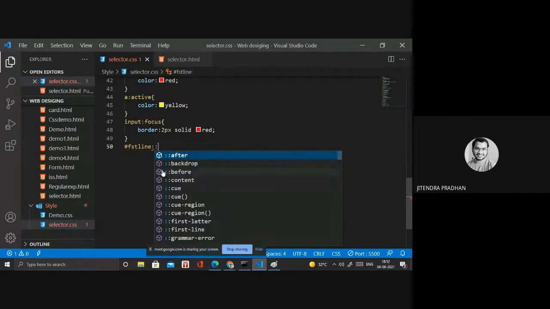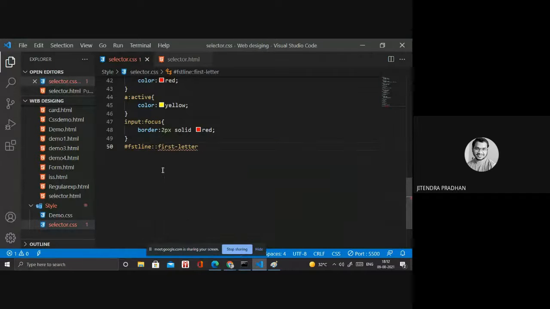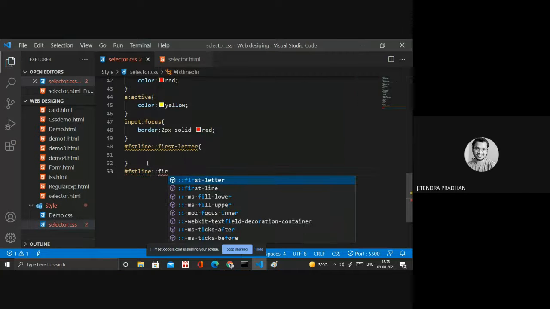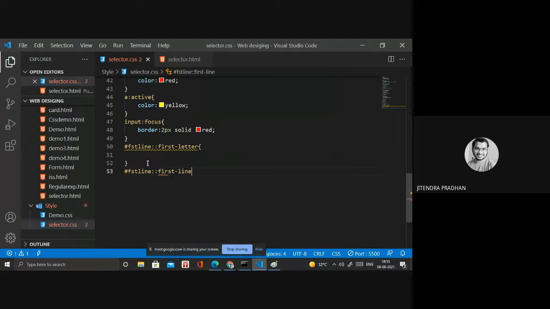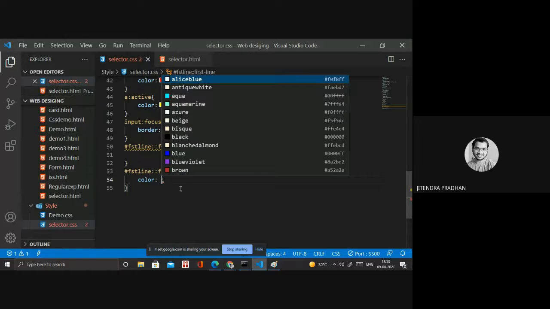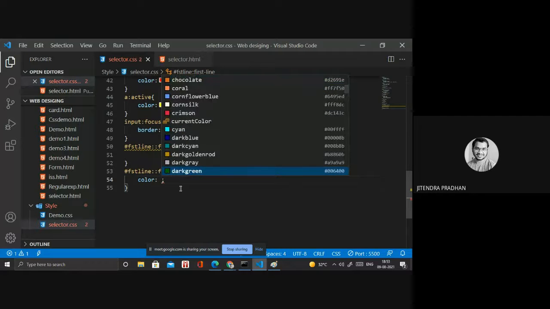Next we have first line and first letter. Okay, next we are discussing first line. If I use any particular color, any color you can choose, dark green.